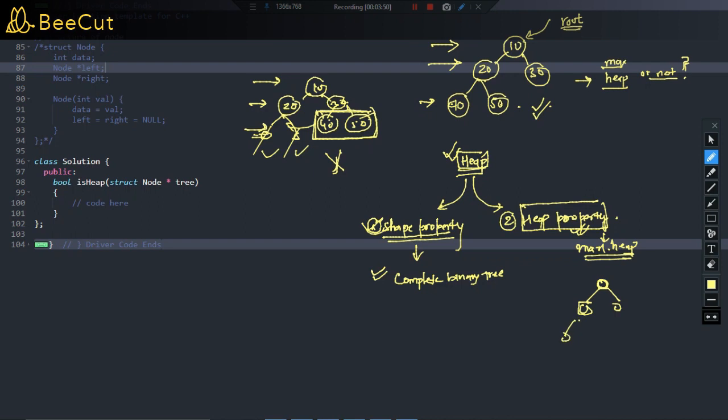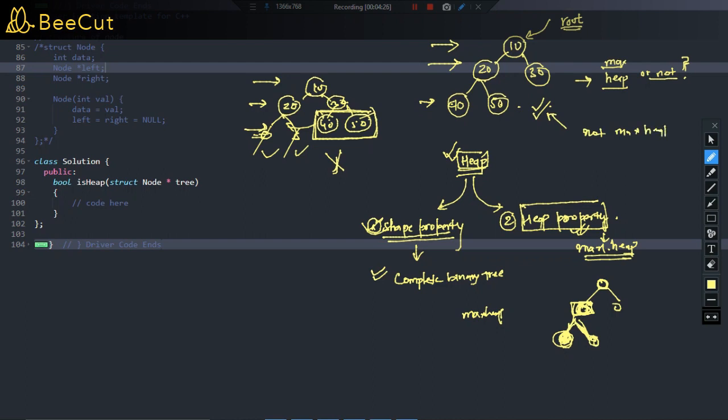So the value of the children should be less than or equal to the value of its parent. Getting the point? This is the property of a max heap: the value of the parent should be greater than or equal to the child, or you can say the child's value should be less than or equal to the parent's value, right? So if you ask whether this is a max heap, definitely not a max heap.